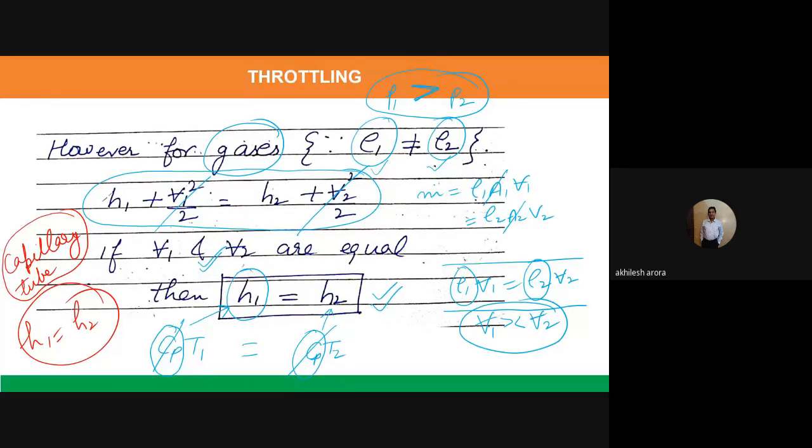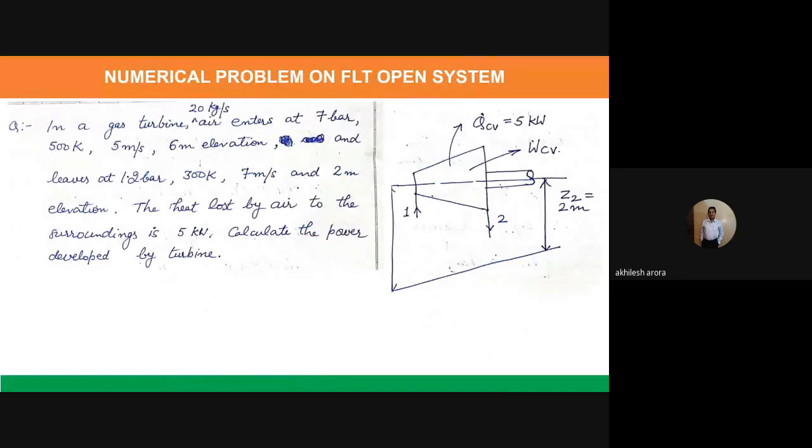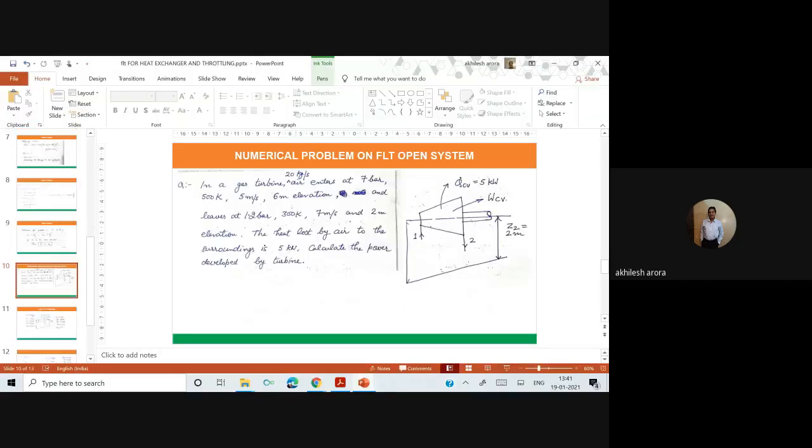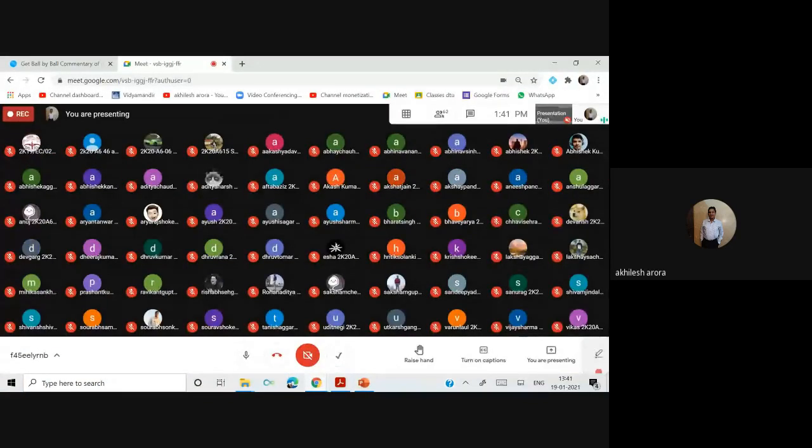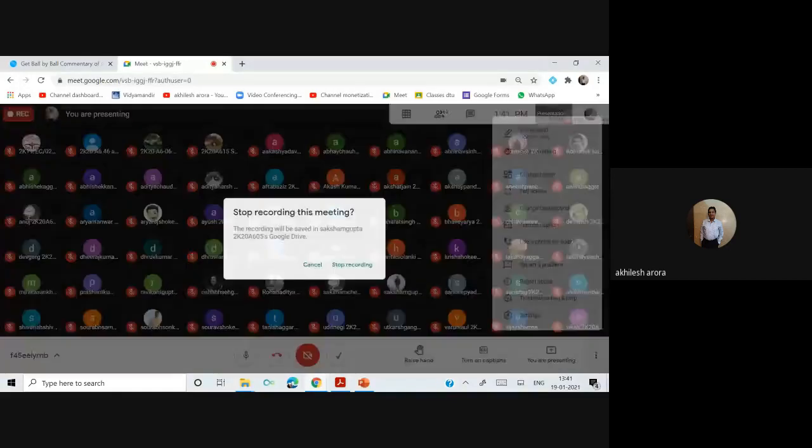Now what I am going to do is keep this slide here for 10 minutes, and you have to go through this numerical problem. I am giving you 10 minutes, and then I will once again explain it. In the meantime, I am not recording, so I will stop the recording, and you have to solve this question, and then